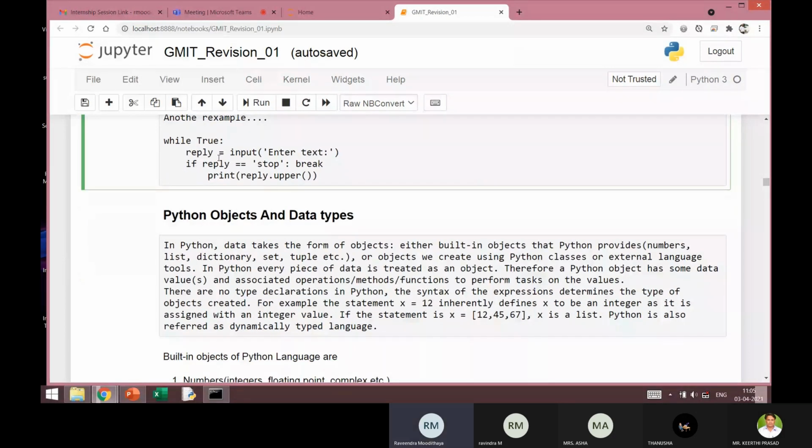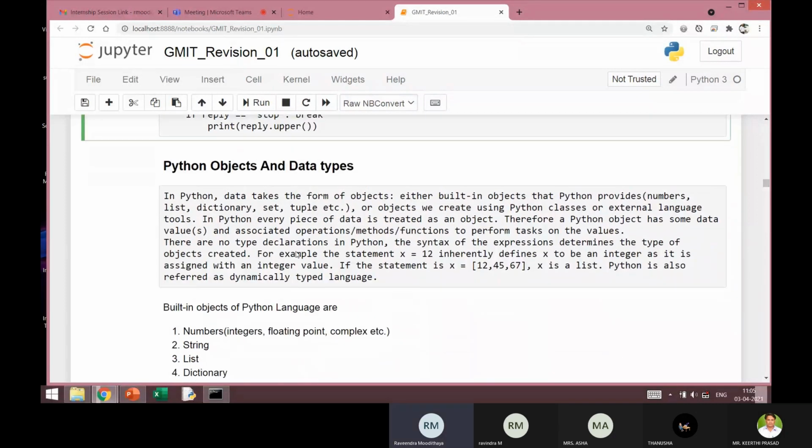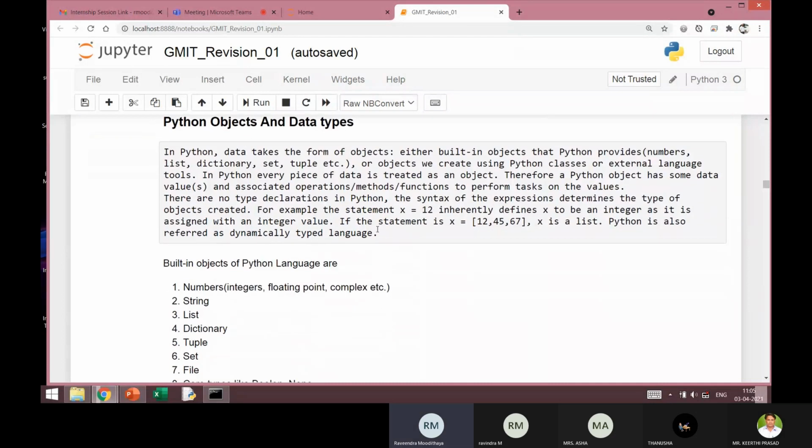I have one more example here. You can go through that leisurely. Now in Python, everything is an object. If you have studied C++ or Java, you know both of them are object-oriented programming languages, and so is Python. The only thing is it doesn't have a compiler. You don't need to compile the program because there is an interpreter which will interpret each line of the code and then execute that code.